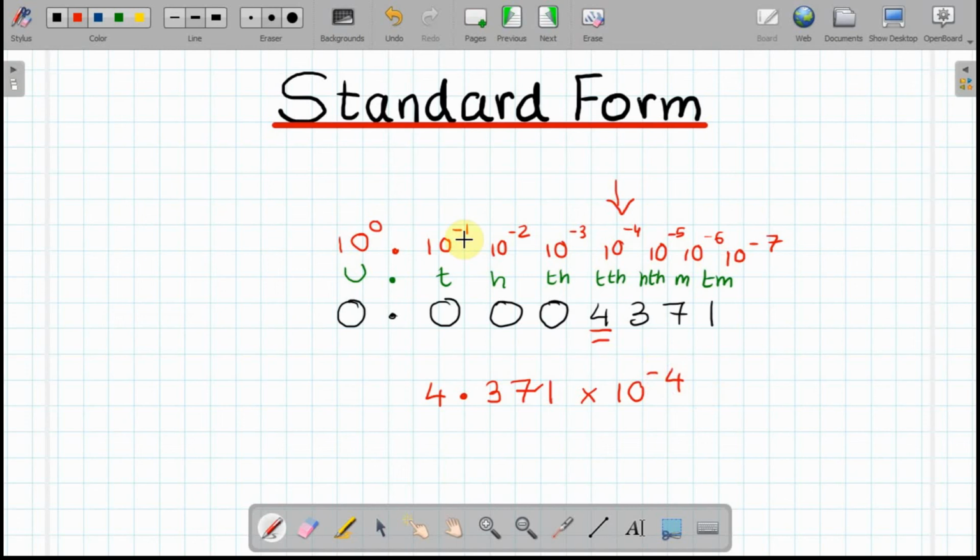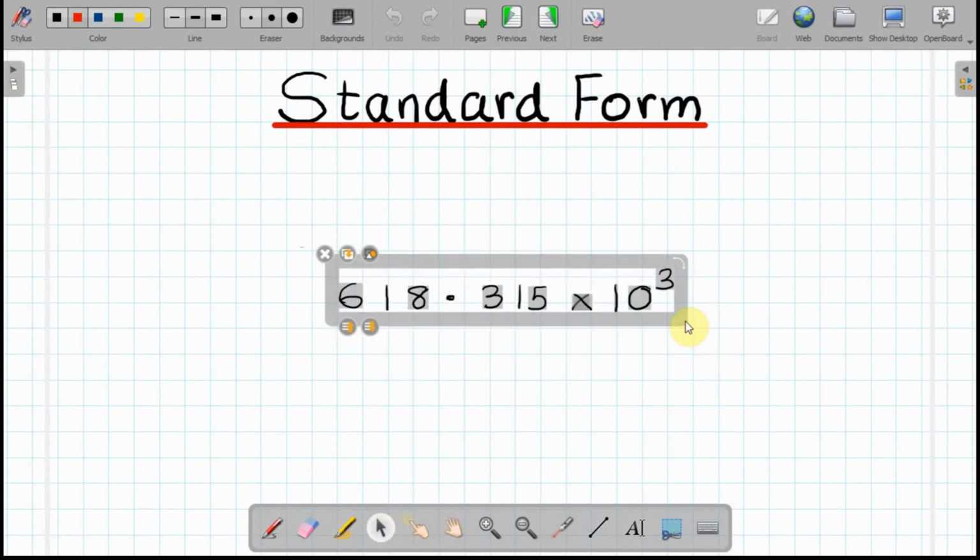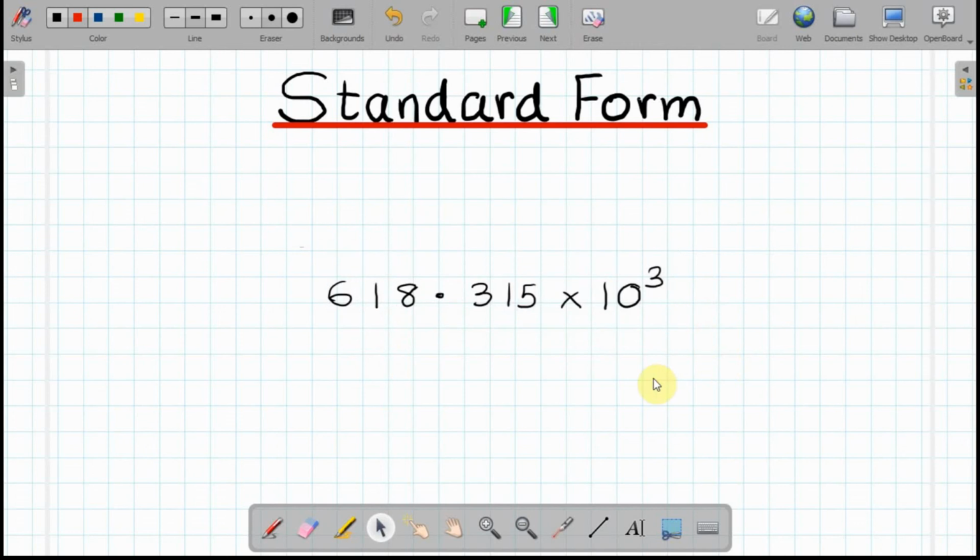Okay. Now let's have a look at another example. Sometimes you have a number which is slightly like this. It's not really in standard form. So it is not in standard form, but it is written like this, and they ask you to convert it into standard form. So again, the starting point is, you write down your place values, units, tenths, hundreds,